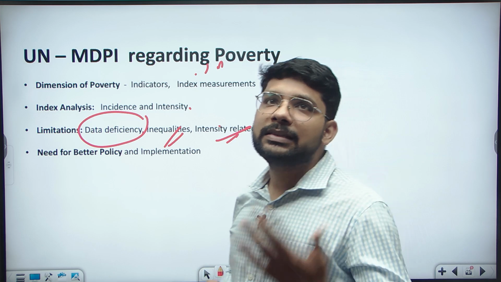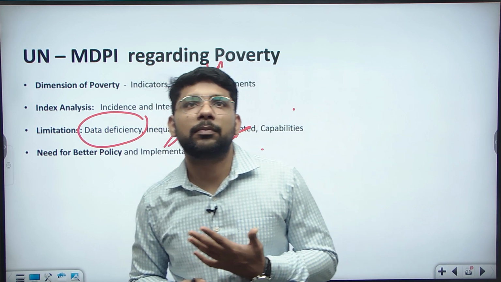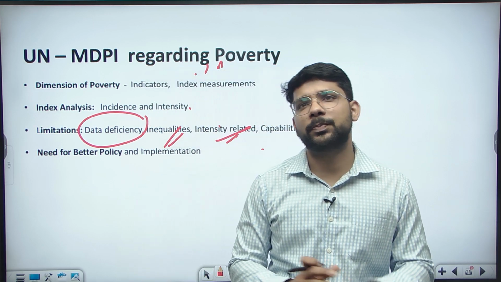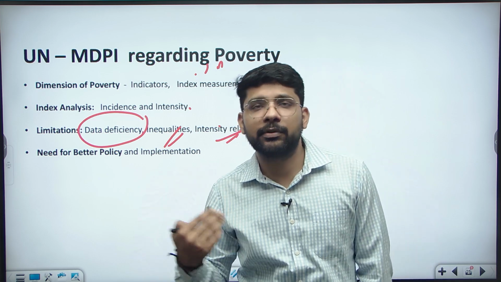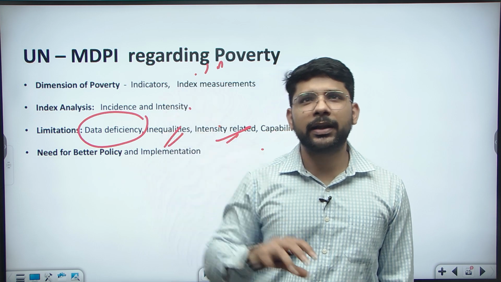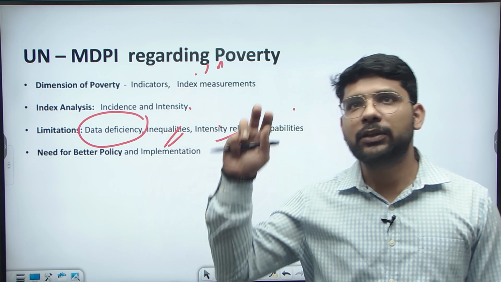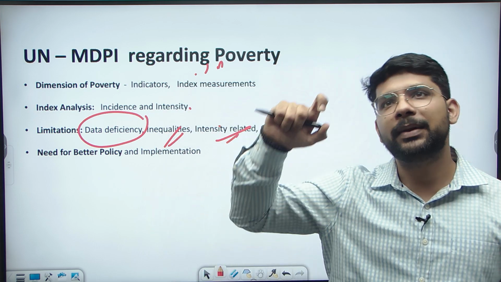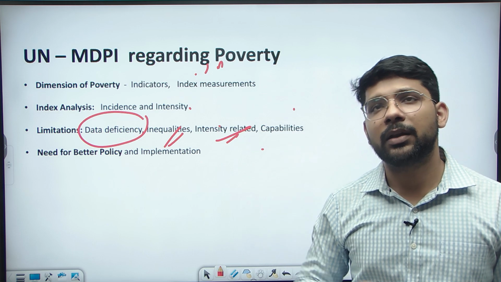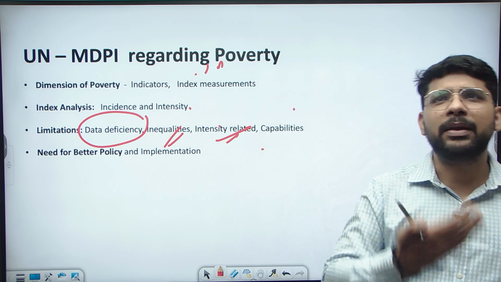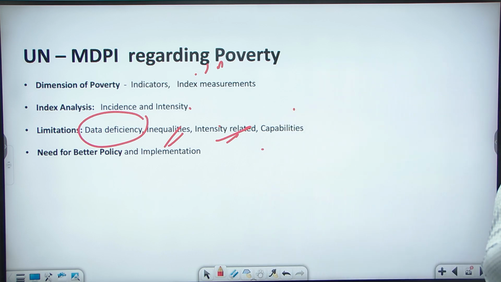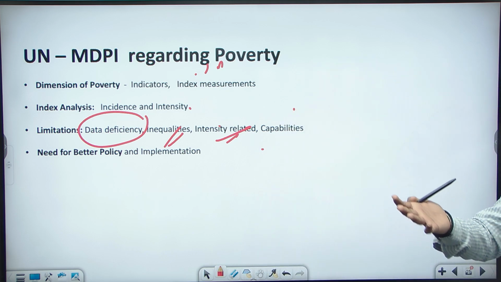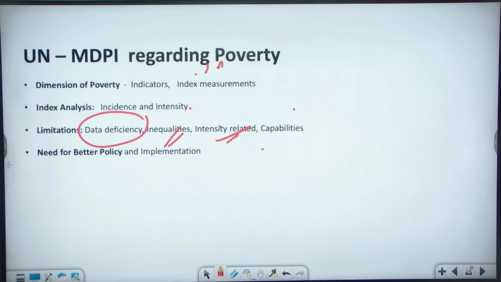Next, what we can suggest here is better policy formation with respect to the developing country, with respect to a developed country, with respect to a lower developed country, focusing on the target groups. And we also need to focus on the implementation of the policy. If we are framing any policy, then we need to focus on how specifically we are maintaining this policy.